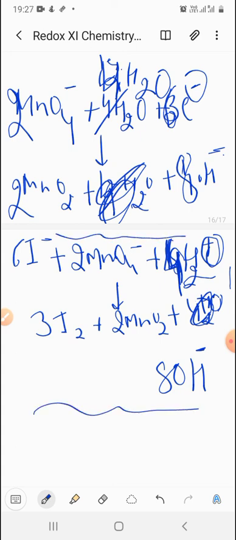सो आप इसे ट्राई करें खुद से. कोई भी प्रॉब्लम आती है तो मुझसे आप पर्सनली पूछ सकते हैं. What I have done here, so here you can see hydrogens are balanced, your negative charge is also balanced, 8 negative, 8 negative, manganese, everything is balanced here, but the medium I have changed, that is the basic medium. So try it yourself in your notebook. Fine. The practice will make you perfect in this balancing of redox reactions.